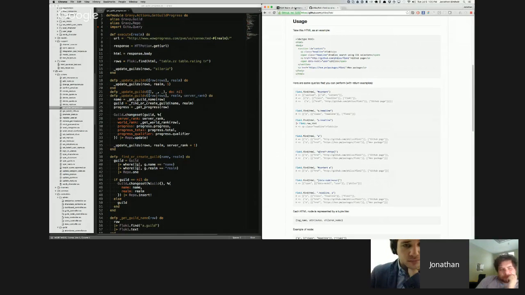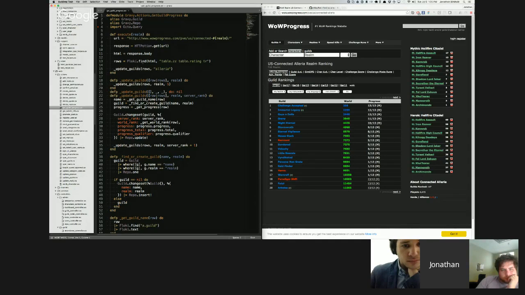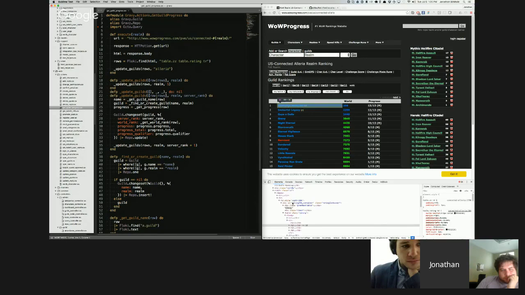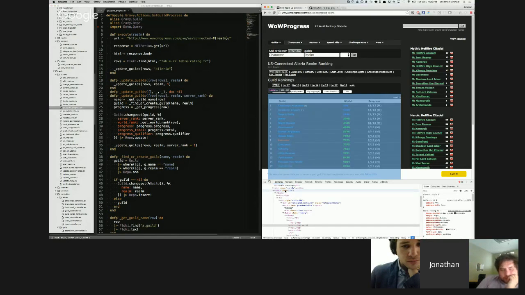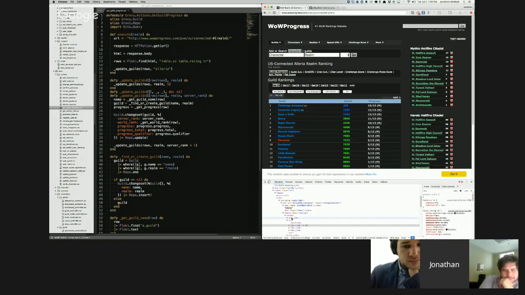To get the rows, I was looking at this and saying, hey, in this table with the class, I want the table with rating in it, and then I want to loop through all the table rows. And this is where, in Elixir, we're talking about patterns, the little pattern of looping through a collection recursively. You don't have to do it this way. You can use some of the built-in enumerator functions, but sometimes I like it stylistically.